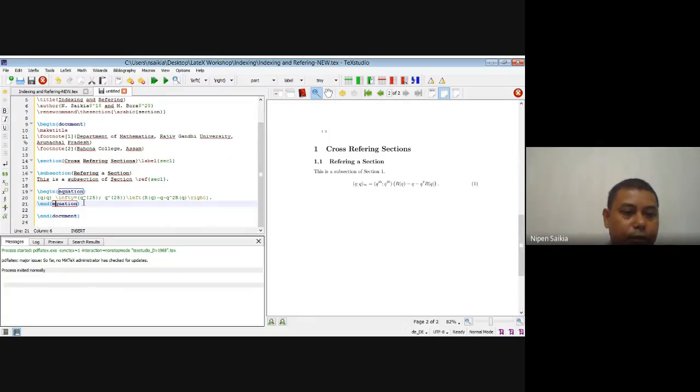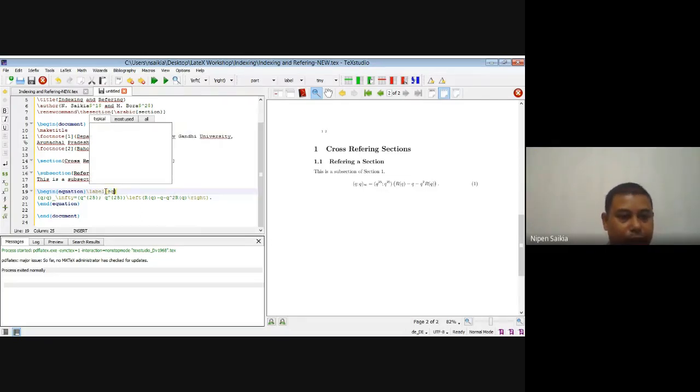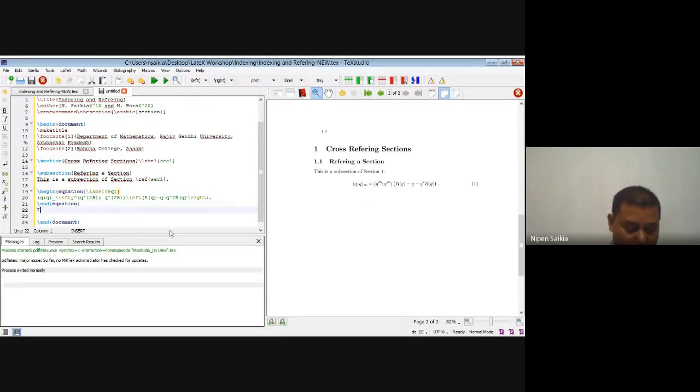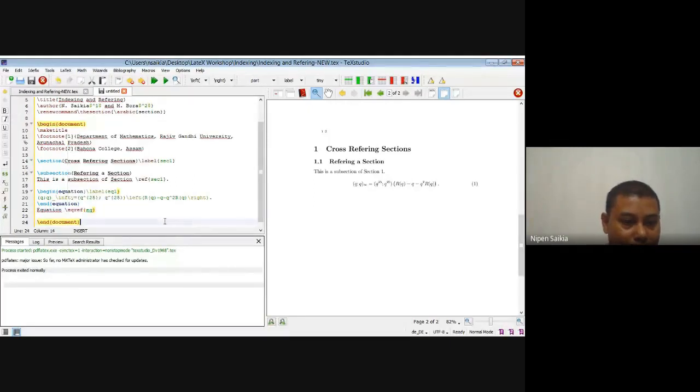Now I want to refer to this equation in our text. So I will label this one. The label command is always the same. Label, say I will write any name, say EQ1, meaning equation 1. So I can write the above equation, equation 1. I want to refer to this equation 1, so I will write \eqref. For an equation we write eqref, and I have given its name as EQ1. So I will write EQ1